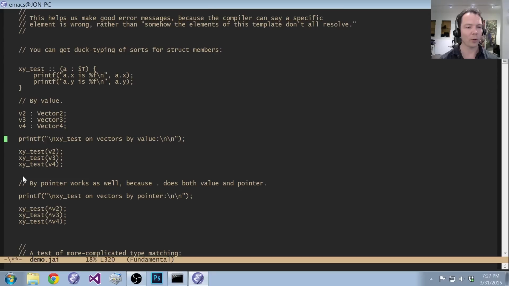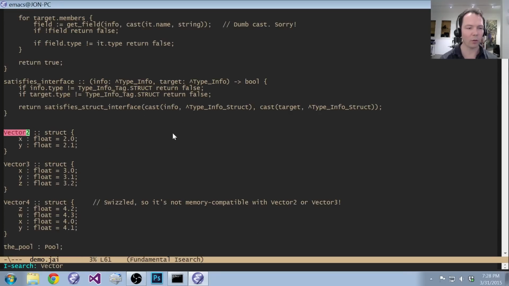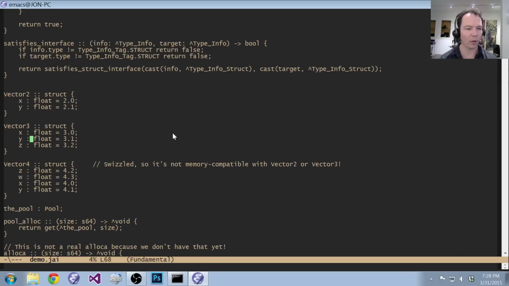So let's go on to another couple tests. Here's a silly function called xy_test, which takes some type, and we just print out the x and y coordinates of it. And we're going to give it vector 2, vector 3, and vector 4. And let me go show you what the definitions of those are, because they're going to come back through the rest of the demo. I've basically given them silly values by default